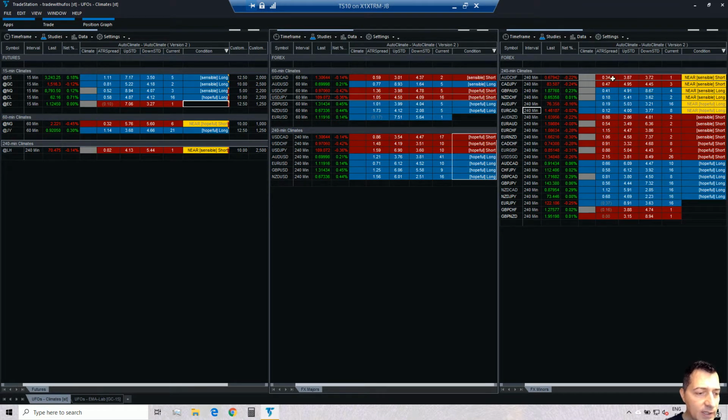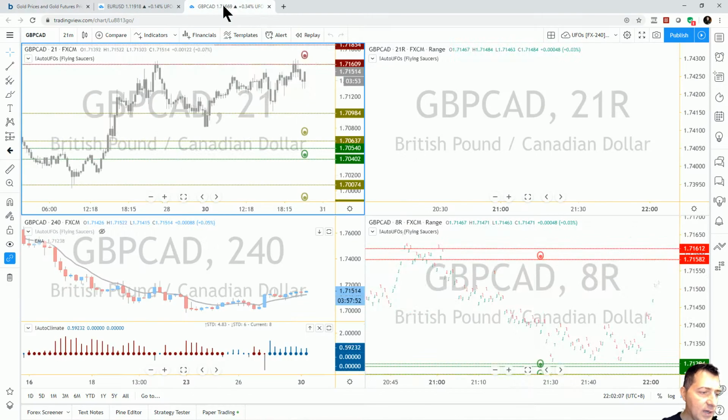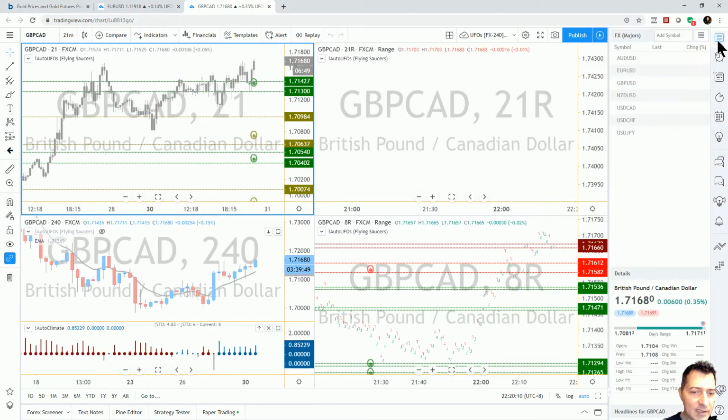So it seems that in the middle part, we may have an alert with US dollar CAD flashing in a minute, but not yet. On the right side, which is the minors, we have our cross pairs. We have multiple sensible, but the only one that is confirmed climate, at this moment in time as we speak, is the GBP Kiwi, the GBP NZD. That would be the only currency pair that is giving us an opportunity as we speak.